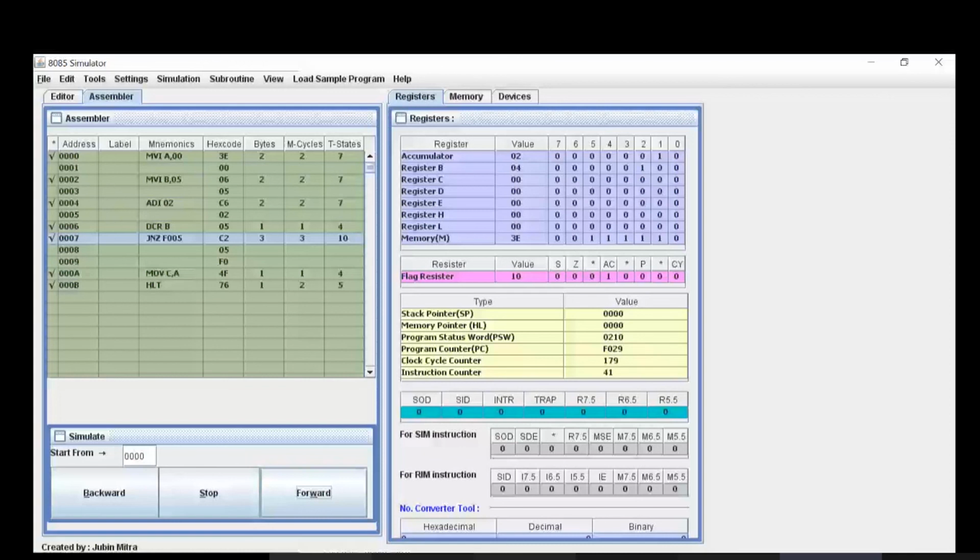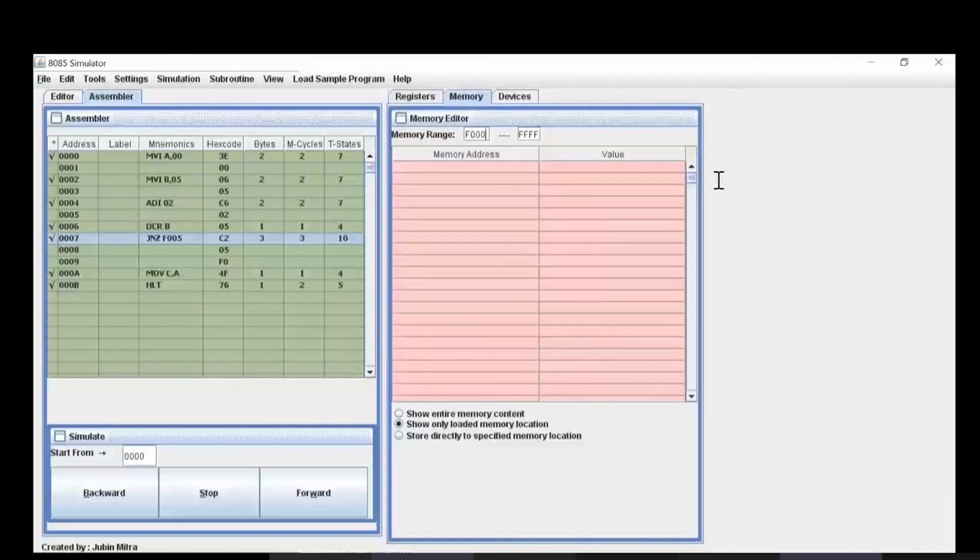So where have we gone wrong? Advaita, can you help us out? Okay, where have we gone wrong? So we have to mention like B should come to 0, right, sir?